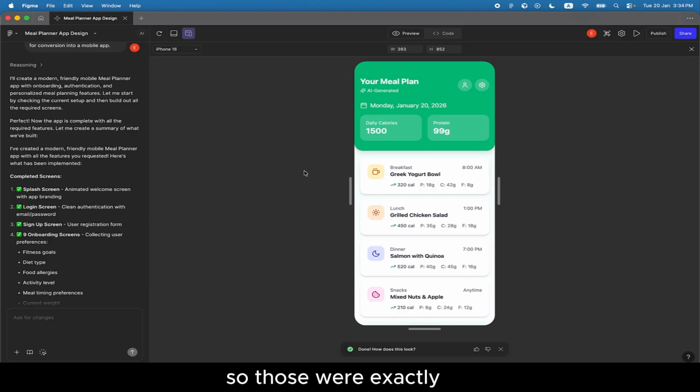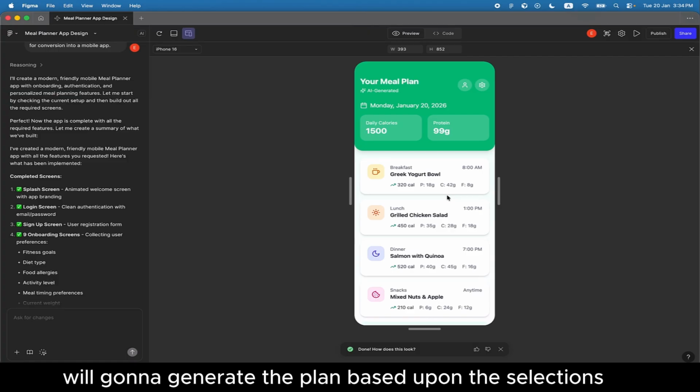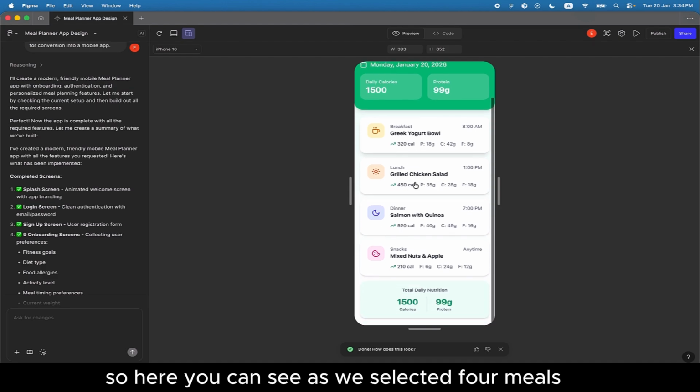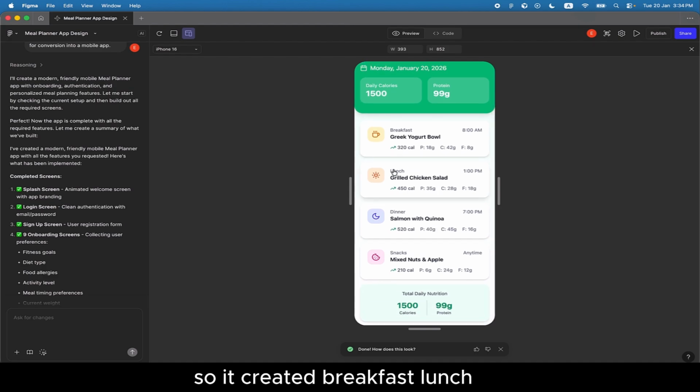So those were exactly like we described inside our prompt. And now once it's done, it has created a meal plan for us. So this is our dashboard where AI is going to generate the plan based upon the selections. When we implement it, we are going to use popular AI models for creating that custom, completely functioning meal plan. So here you can see as we selected 4 meals, so it created breakfast, lunch, dinner